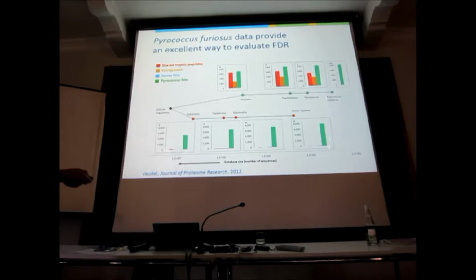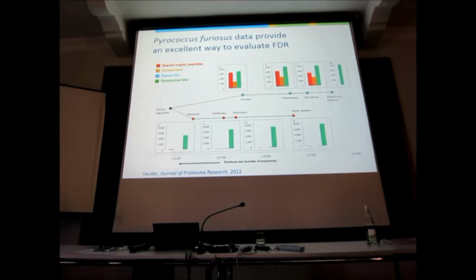You search data against a human database. Of course, this is human data, HeLa data, and we get 8,000 PSMs identified. Okay? Now, we also do a decoy search. You know about decoy searching. So this is the number of decoys, which turns out to be 1% of that. Okay? That's the way we do this.